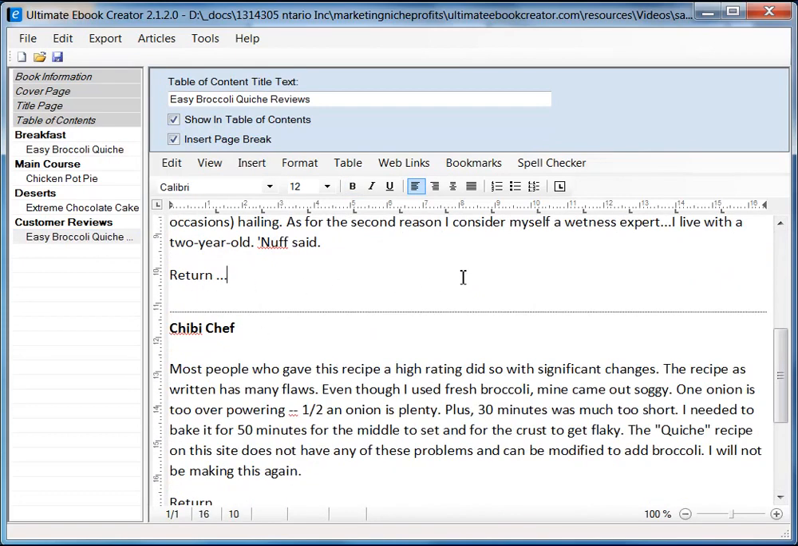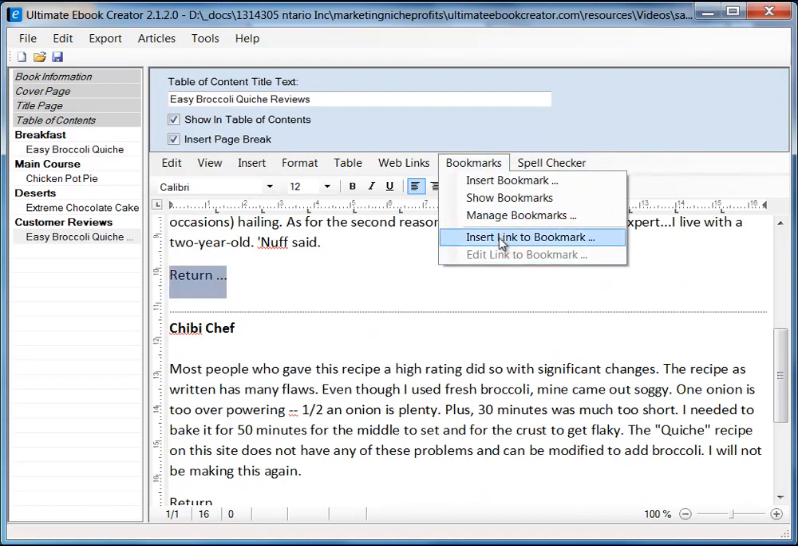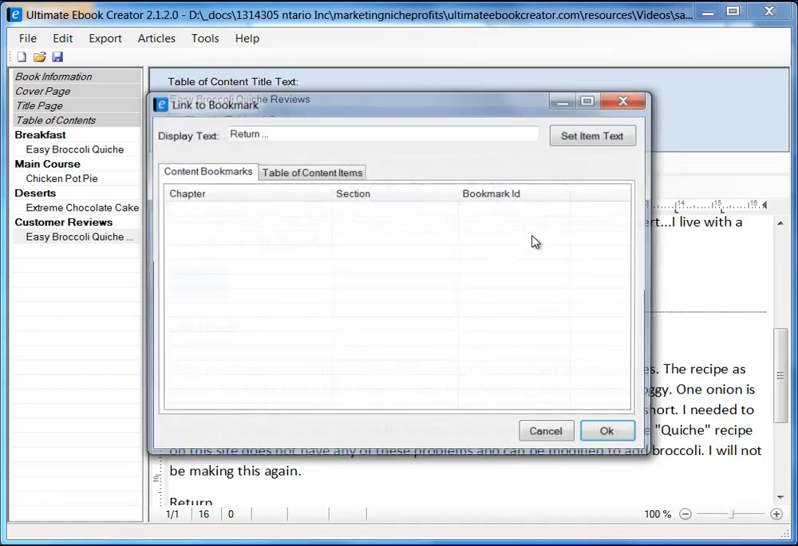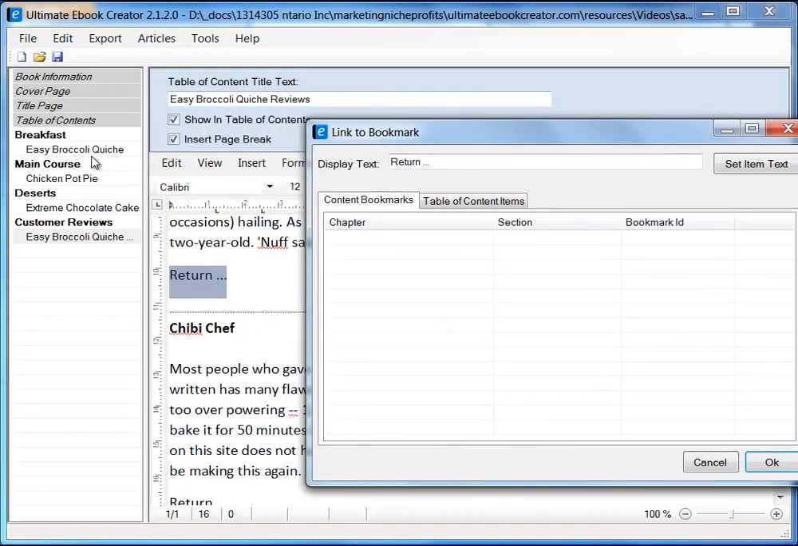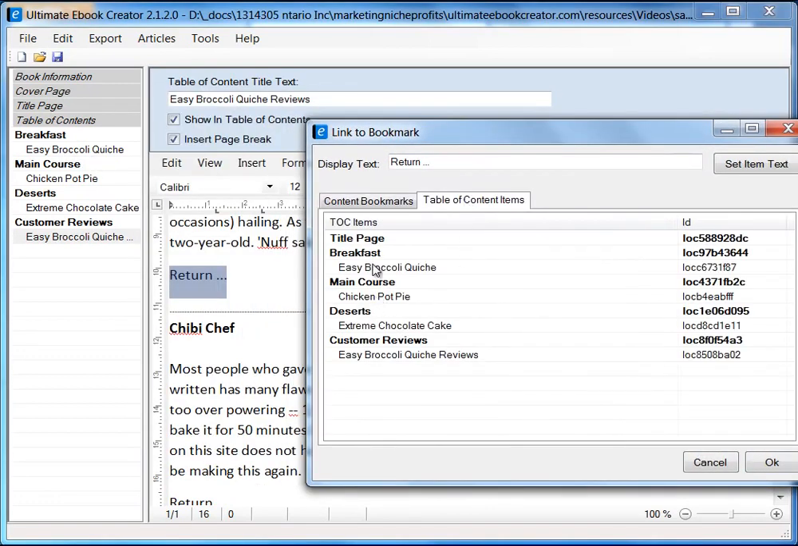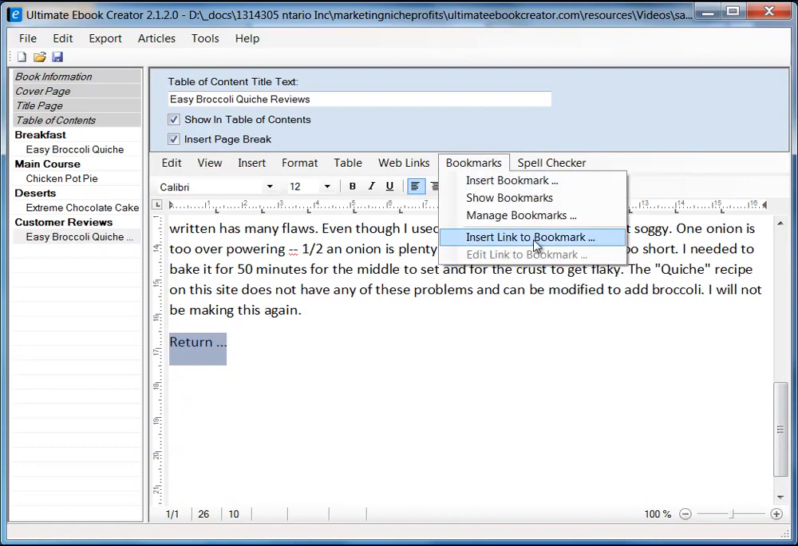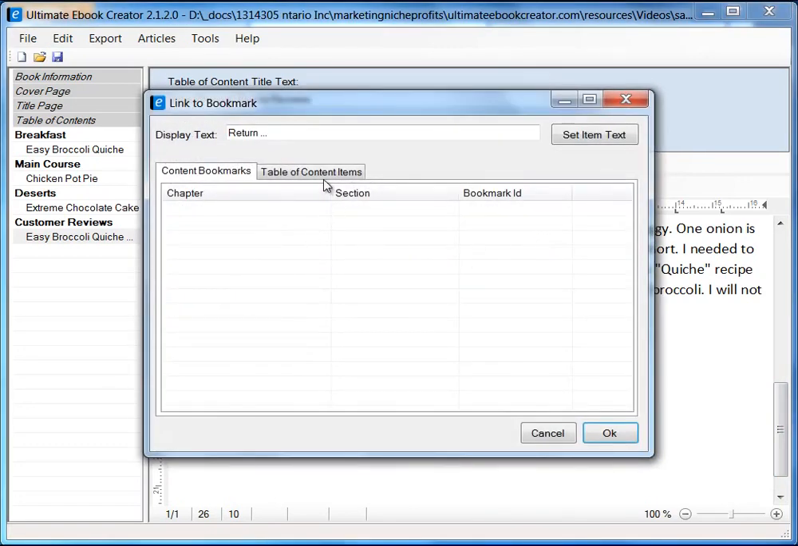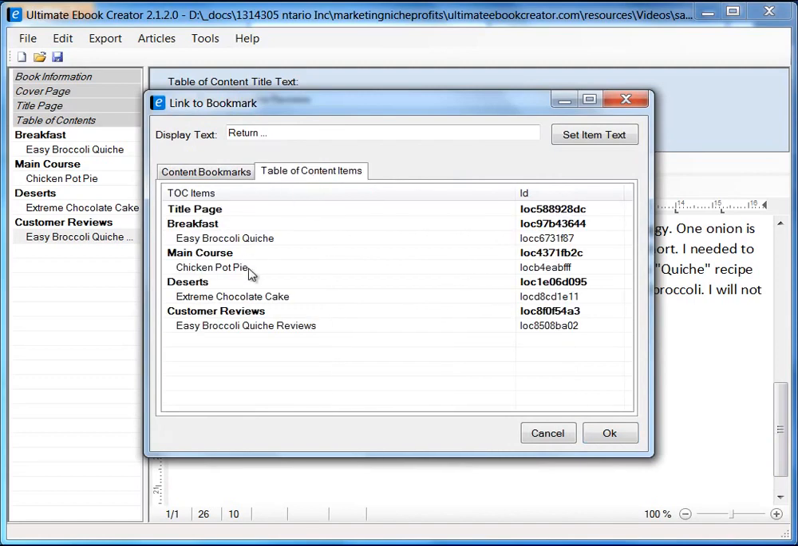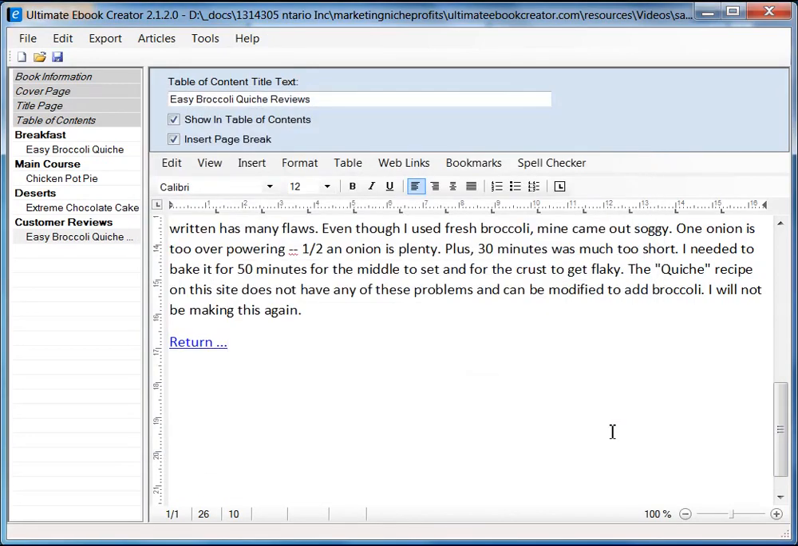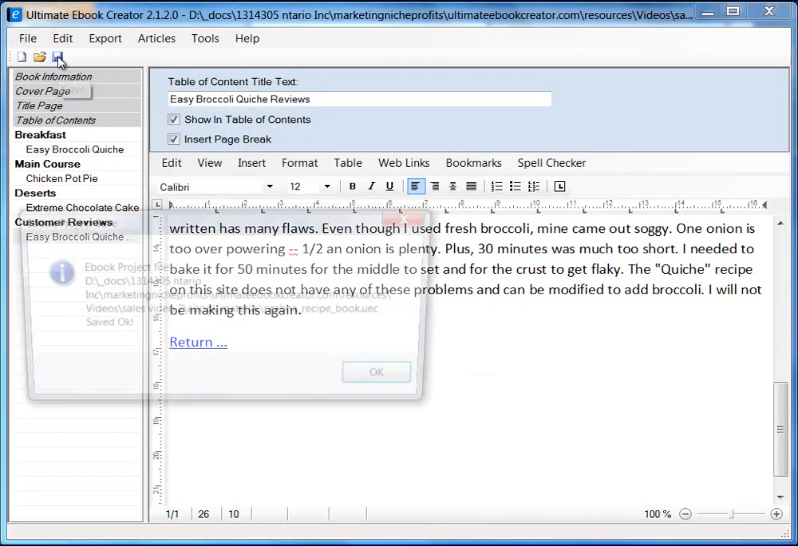So that's why we have the return. So we are going to highlight the return, go to bookmark, insert link to bookmark, and we are going back to the easy broccoli recipe. Okay, so easy broccoli recipe, click OK, and the same thing down here. We highlight, insert link to bookmark, go to table of content items, and easy broccoli quiche, and that's it. Click save to save,